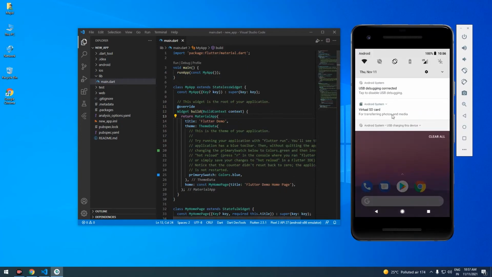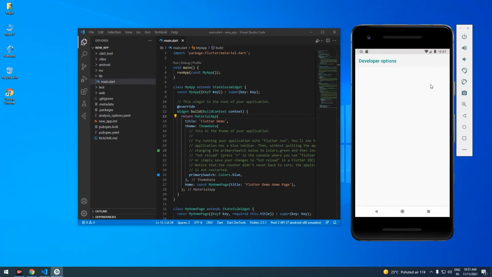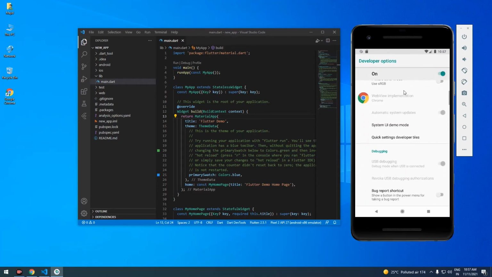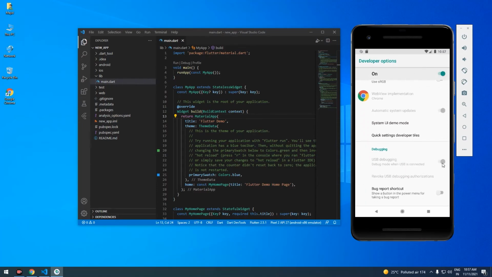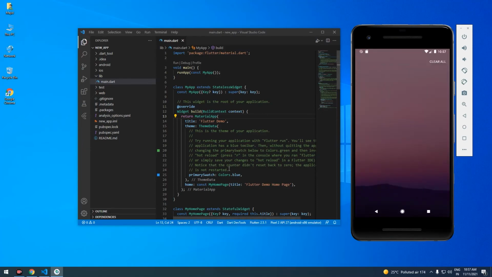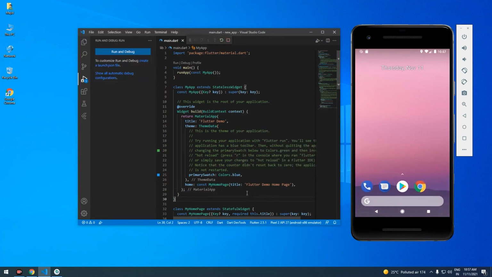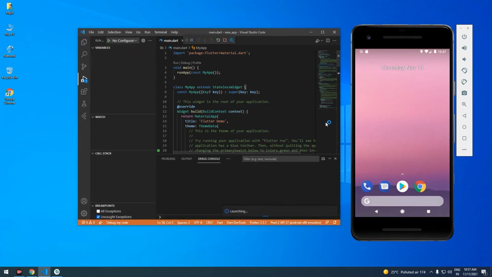One more thing that you have to do is that just click on USB debugging connected, and after that click on developer options, check that to on, and USB debugging should be on. And after that close that one up and hit F5 on the keyboard because you wanted to run the application onto the emulator, so it will install the application onto the emulator. So it will take around 5 minutes or 10 minutes, so be patient with that.